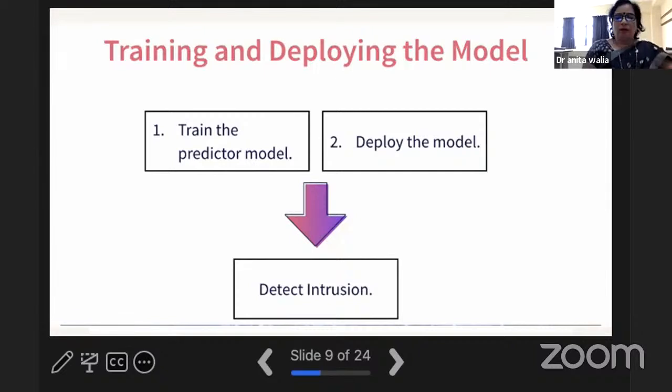How do you train them? You train them by giving a lot of training data, right? You train the model using features to detect the abnormalities, to detect the intrusions. You then deploy the trained predictor model and it monitors the incoming logs and traffic data continuously, which pass through this predicting model. And immediately, if there is a deviation, it can identify that and try to